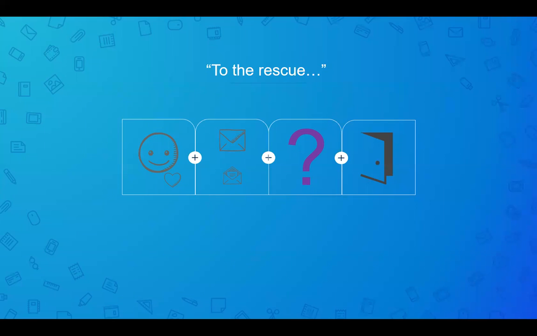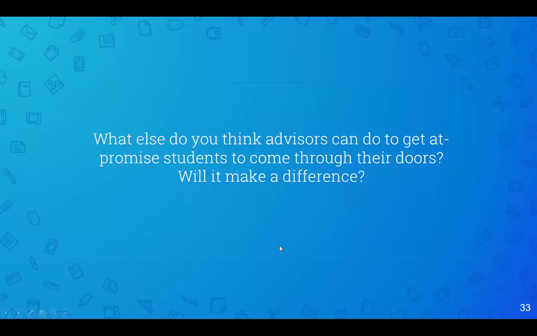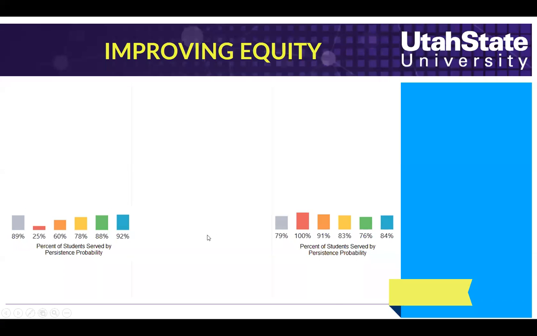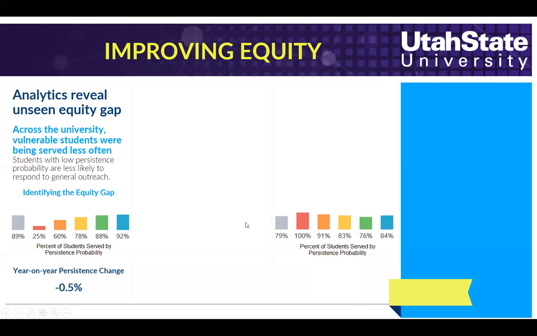So going to the rescue with analytics is this question of what else are you willing to do in order to go out and get those people to come through your door, because they may not come through by themselves. And analytics can help you target outreach in a really economical way to make that happen. So I'm going to skip this question, and I'm going to tell you about this closing an equity gap experience we have. This is the College of Education.